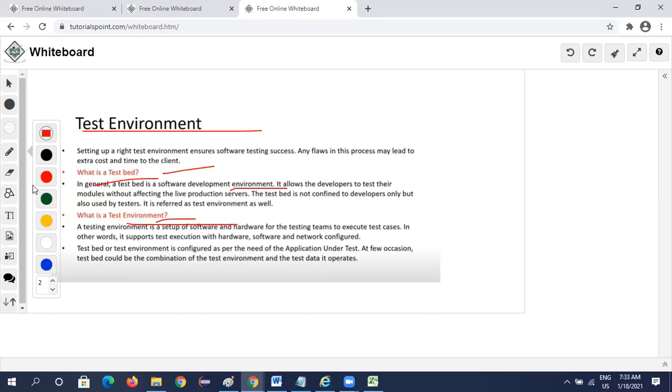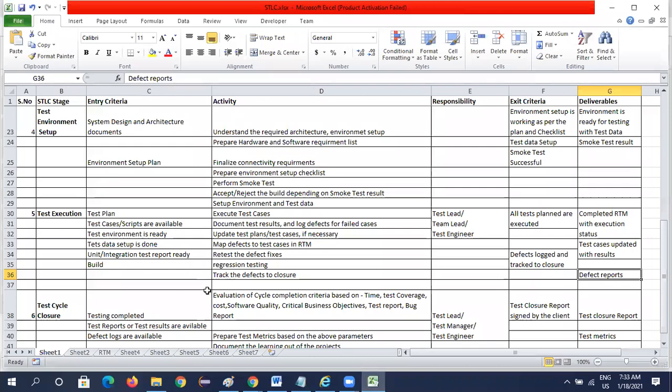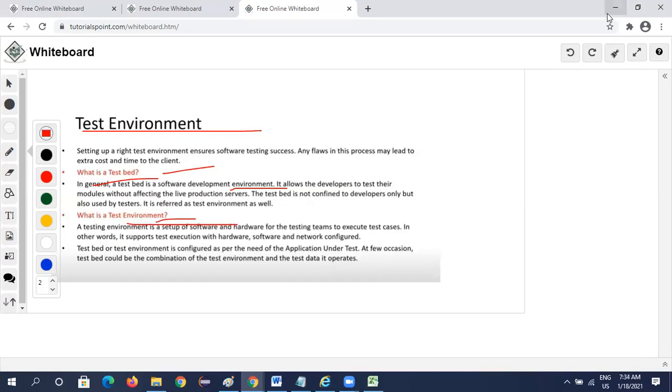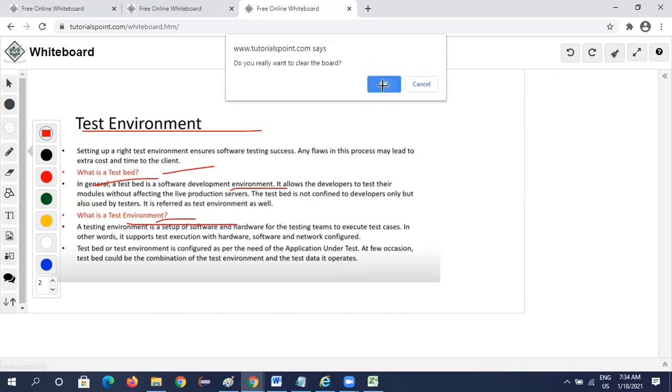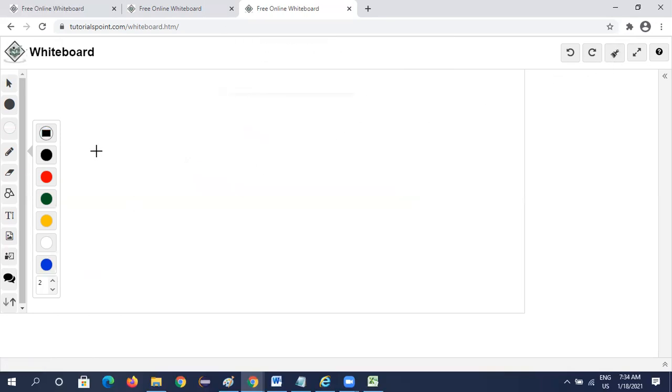Now we are going through defects in test execution. When we find defects, how do we handle them? There are different types of defects. Especially when you talk about defects, you first hear the term error.